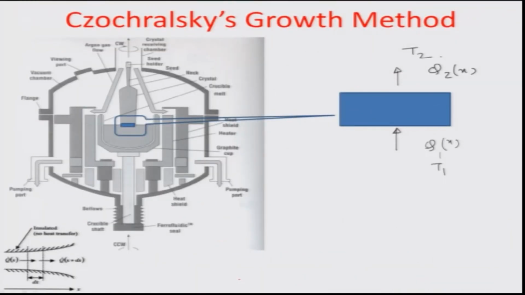So, if I looked at the one dimensional thermal transport in such a system, we would like to look at particularly this zone, which is semi solid, semi liquid, and then let us assume that the temperature below this particular zone is the temperature of the melt, T1. I will just say melt temperature, and T2, which is outside, let us say atmospheric temperature, which is much lower than the melt temperature. So, T1 obviously is much higher than T2 in this particular case, and therefore, because of this temperature gradient, there